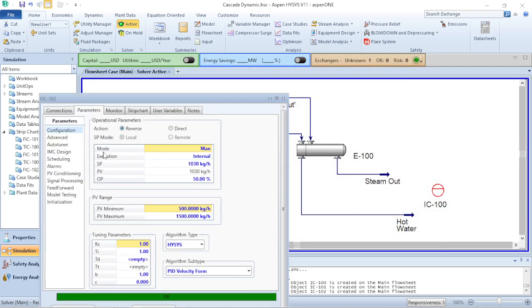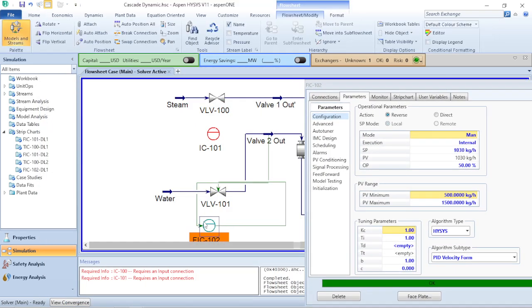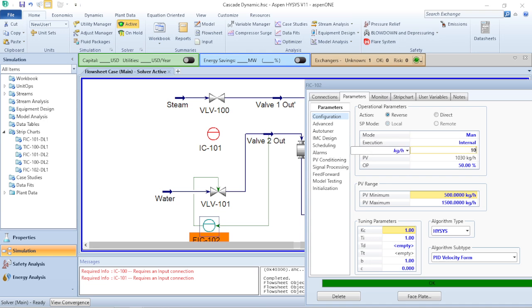This particular controller is operating a reverse action. Basically what's happening is whenever the flow rate of the water increases, remember the set point for this particular control segment here is 1,000. So what happens is this: whenever the process variable, which is the mass flow of the water, moves above it,